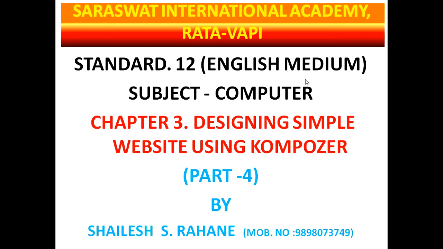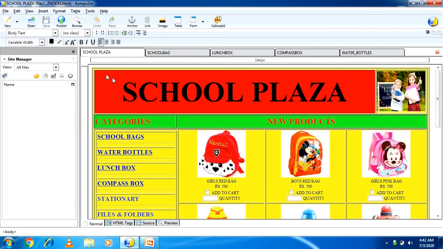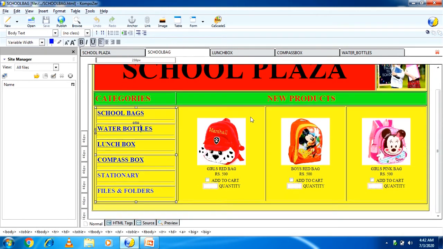Okay, now let's start. So here is your website which we learned in the last session. Now the link is also added over here. So students, I have to generate a bill. Now for that, what is the first step? So in the school bag there are, you can see, 3 bags which have the price 500, 500, 500. So I am changing this price so you will understand it easily. This bag price I am keeping 300 and this bag price I am keeping 800.